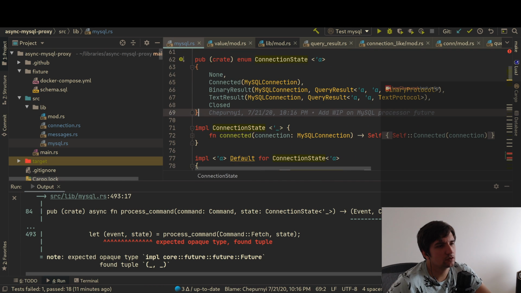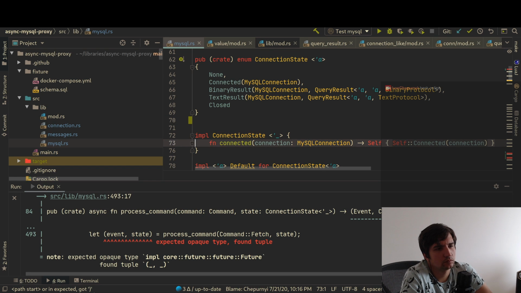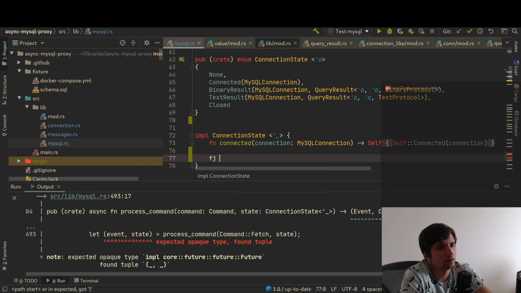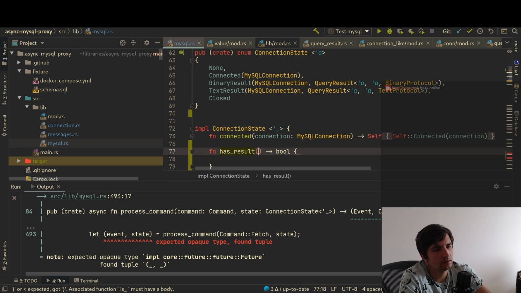So here we have a connection state, and here we can create a function method is_has_result. It will return a Boolean value, and as an argument it's going to receive a reference of self,